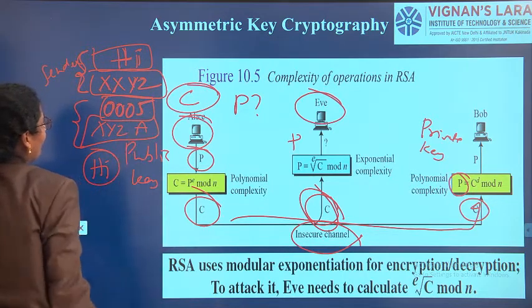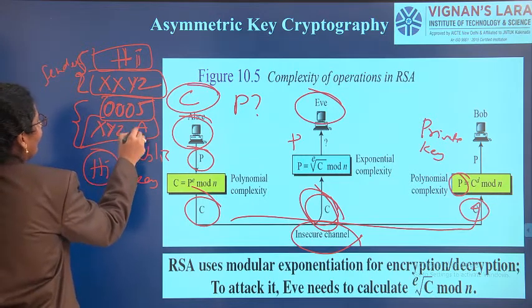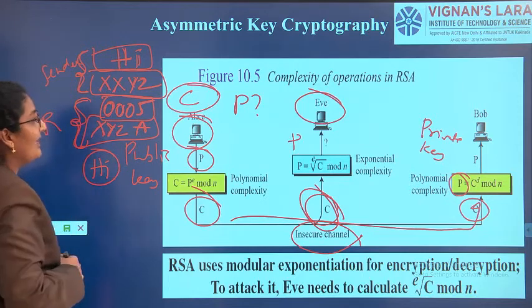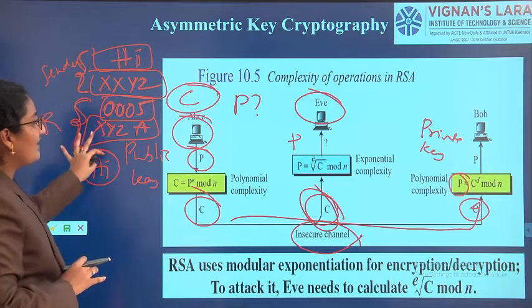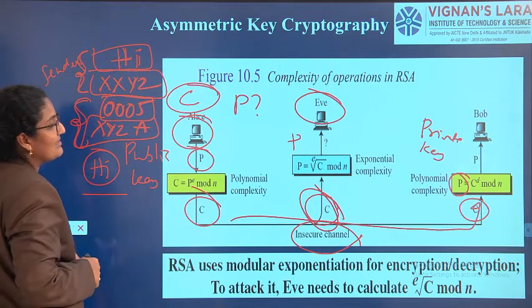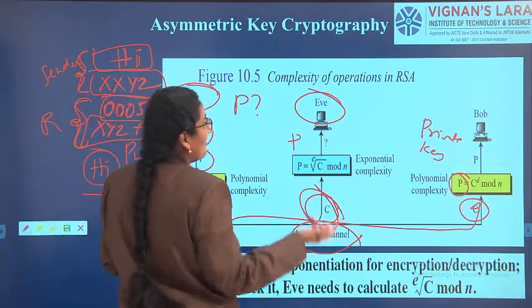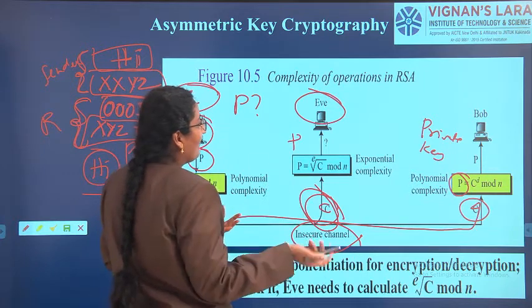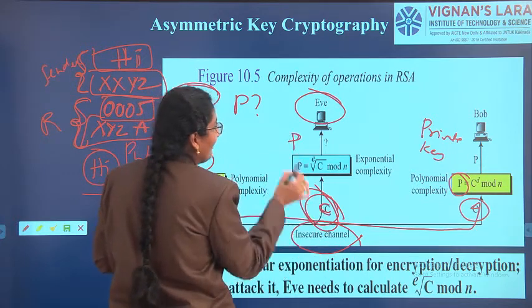0005 is the ciphertext, XYZA is the private key. So the receiver will have the private key and ciphertext. So everything is available. Sender and receiver can decode, encode, do anything and get the message "hi". But I am the attacker. I have only the ciphertext. I don't have the private key. Without the private key, how can I convert this ciphertext into plain text?